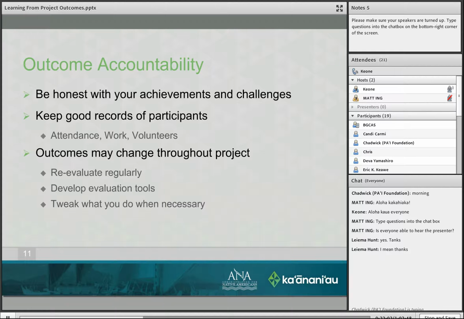You can tweak it. Don't hold it on a hard line, because if you do so, then your project might fail. That's really important to understand.